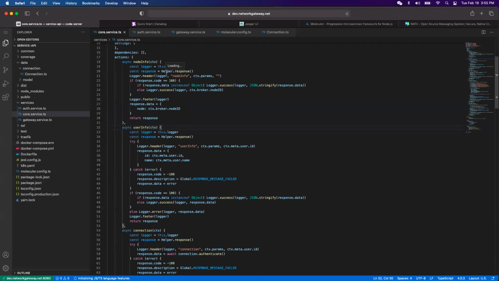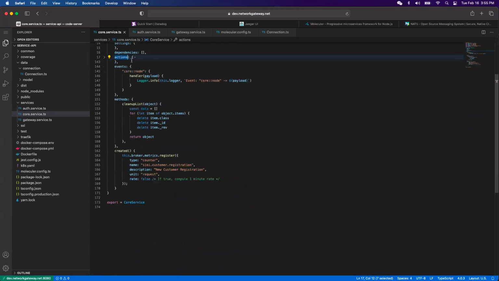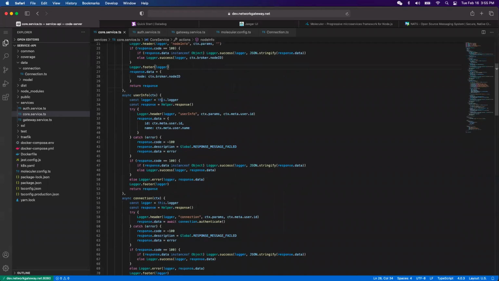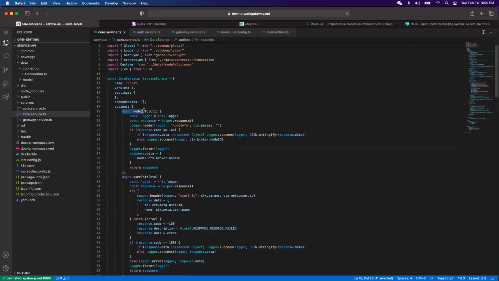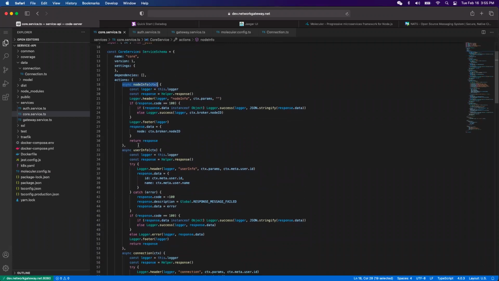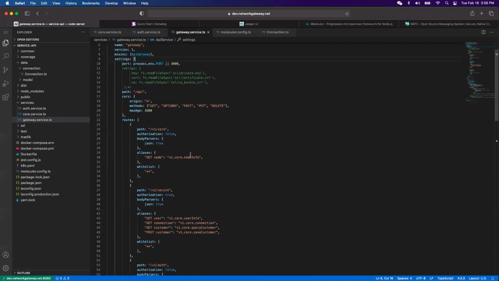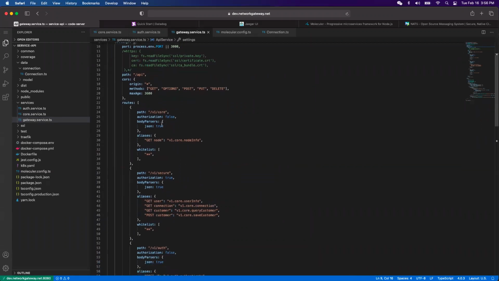Okay, so remember we have the gateway service. In the gateway service, for example, this is the core service here. So I define different actions. If you look here, I group them into actions. So we have actions, events, methods. Let's go to the actions, and I have different methods here. See, this one, this one. So what I do, if I go to the gateway service, is define the actions